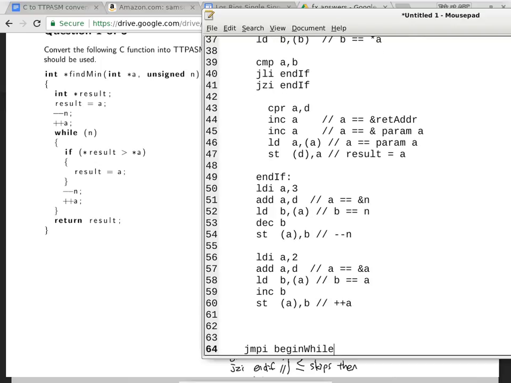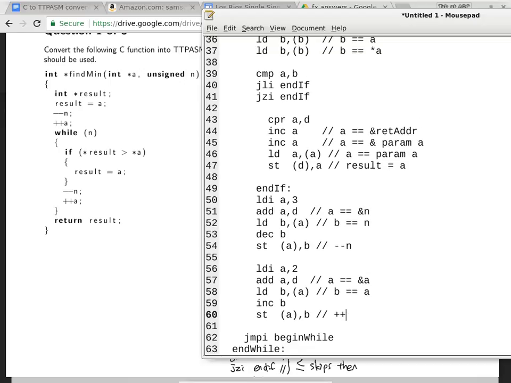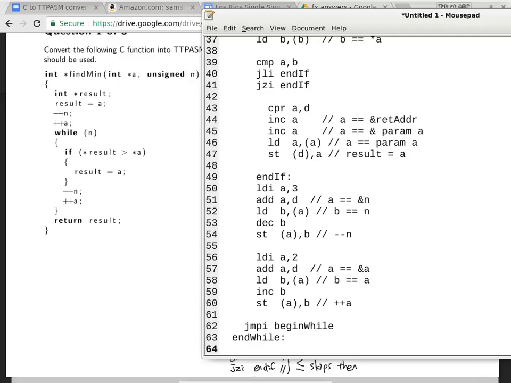All right. So we are done with everything inside the while loop. And after end while, we got two things to do because we need to do the usual return, but we also have to specify the return value. The return value is in the local variable called result. Register D is still pointing to result, so LDAD